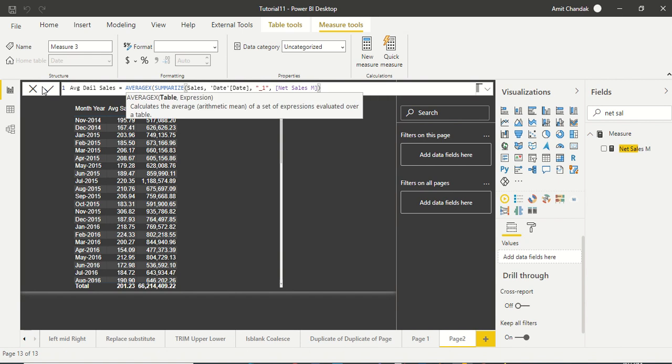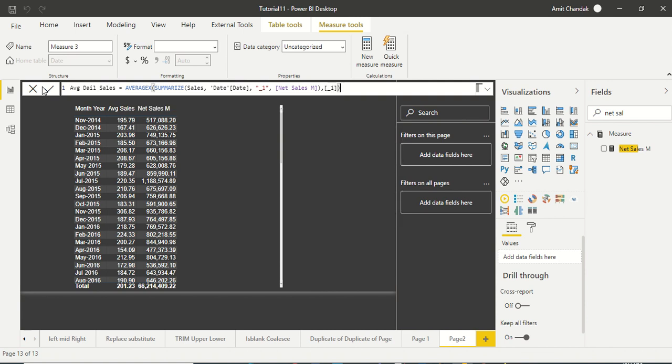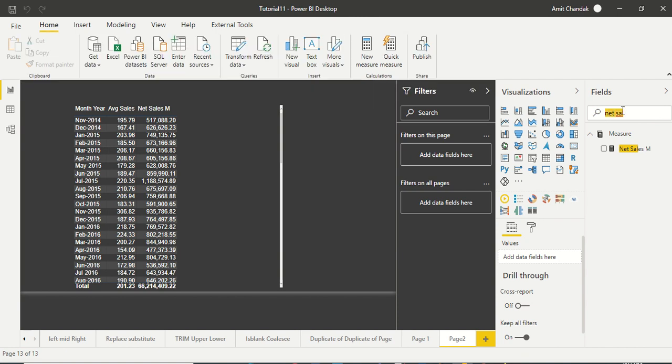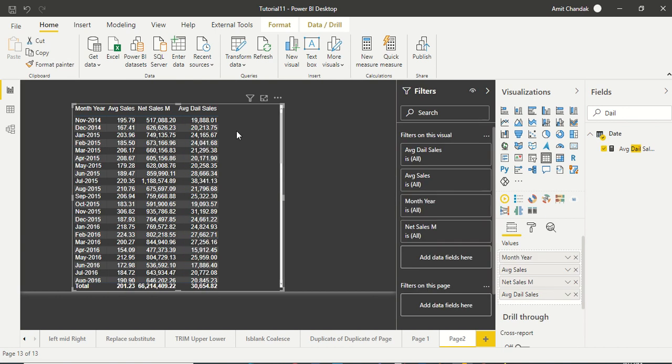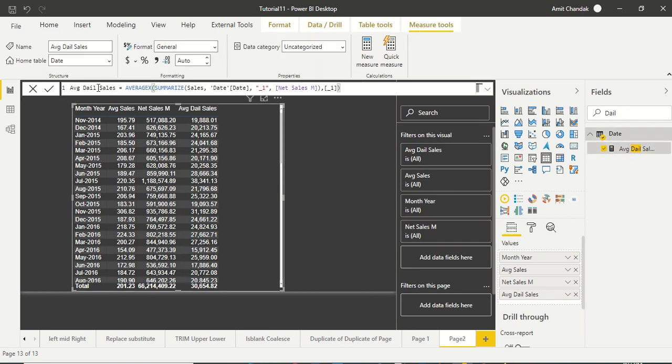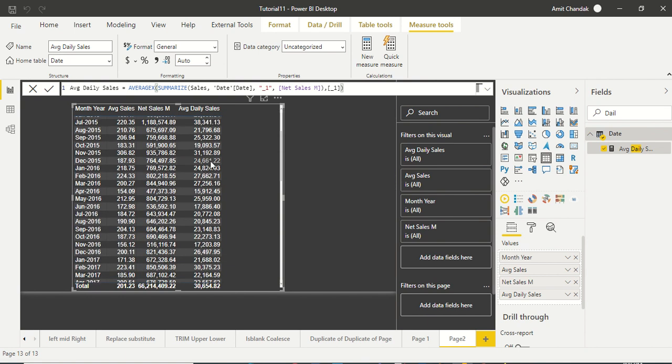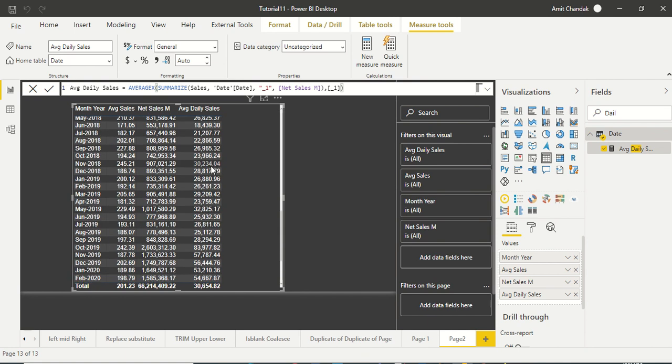Now we get outside the SUMMARIZE. So inside the SUMMARIZE, now we have a column which is underscore one, so I'm going to use that. Now it is going to give me the average, almost the daily average. So let's check that measure. Okay, so now if you see, this seems like a much better average. It seems like a daily kind of average here. If you divide by 31, you will get some 20 or 1000. So this is the number you are getting, or depending on more or fewer days it can change.